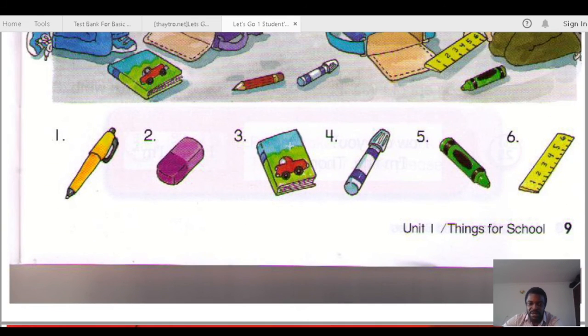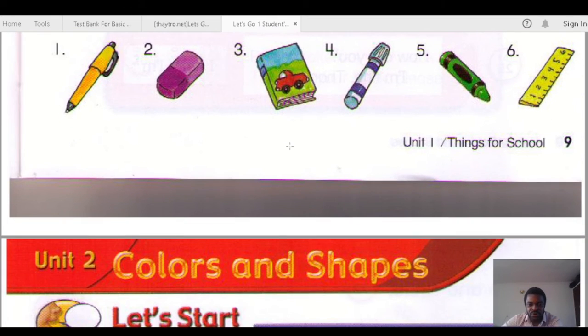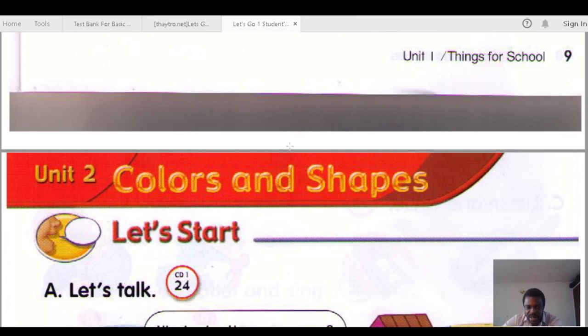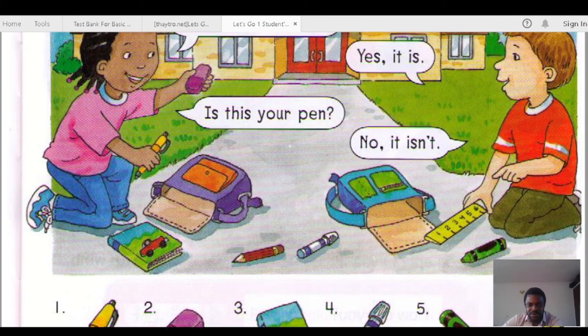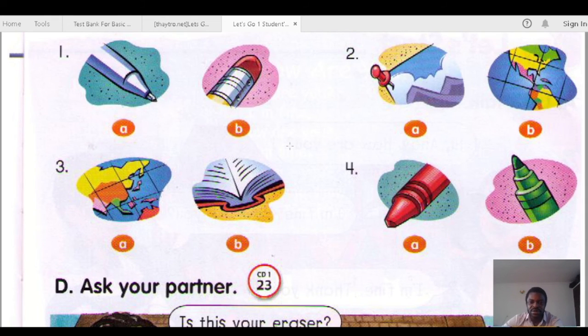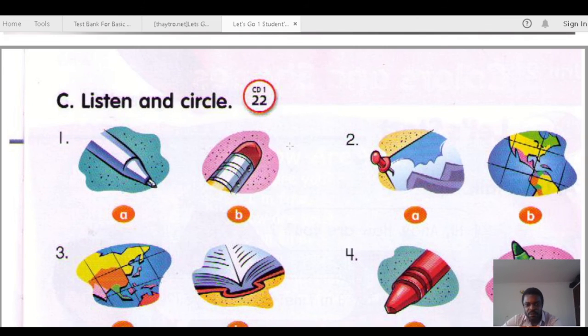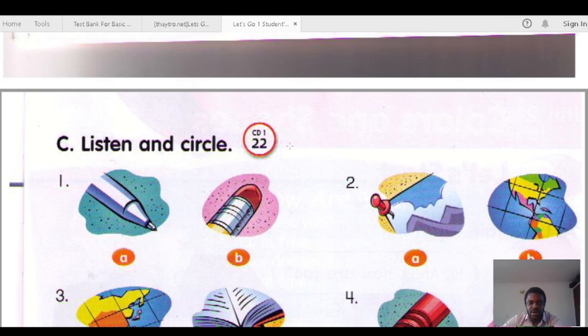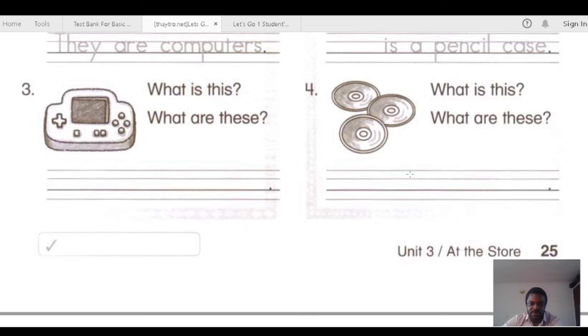I just want to take my time. Maybe tomorrow you can go back again to Unit 2 and we'll start like that. I understand we're going very fast, and when I go back and ask you what is this, some students start staring at me like a television. I don't like that. So we have to go back and forth. We'll go a little bit forward, then come back again and take another look.